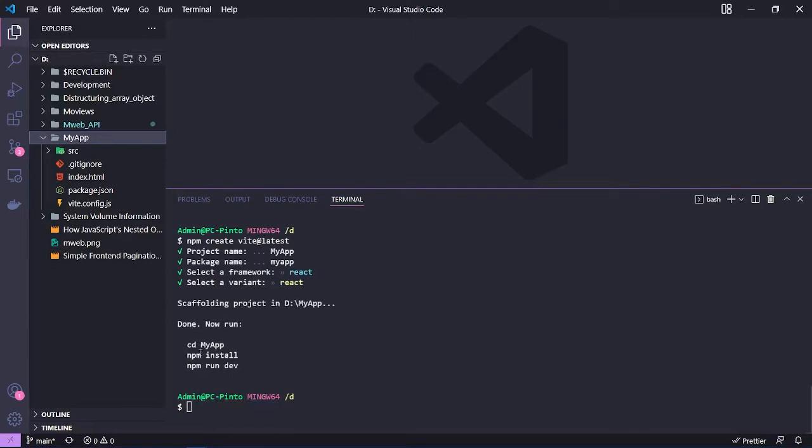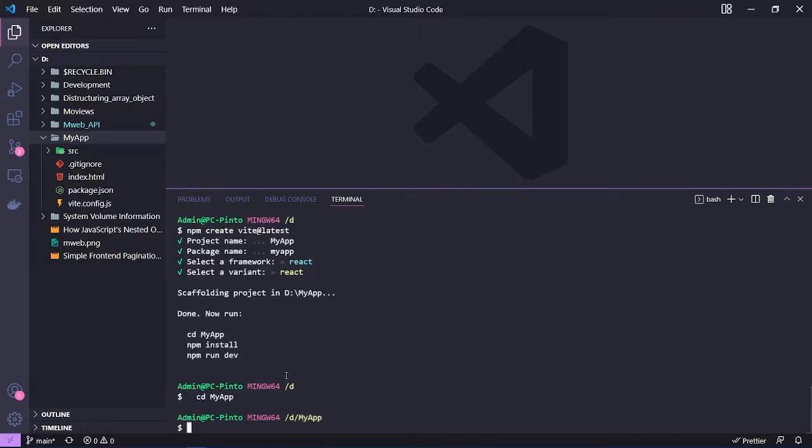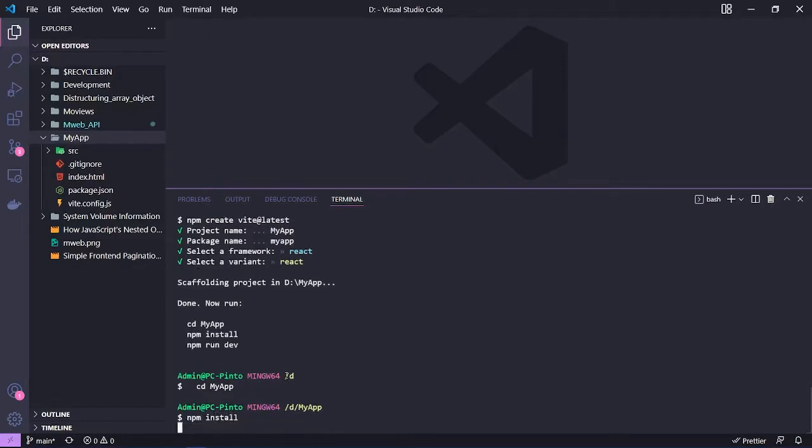Now run cd my app, so we go inside of this app. We're just gonna copy and paste the folder name, and then we say npm install, and it's going to install all the Node package dependencies. It's gonna take a few seconds, depending on your internet speed. If you've got a good speed, it won't take that long, in around less than 6 minutes you're gonna be able to install the Node.js,